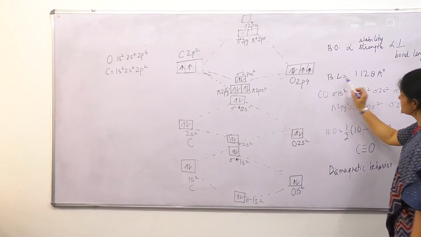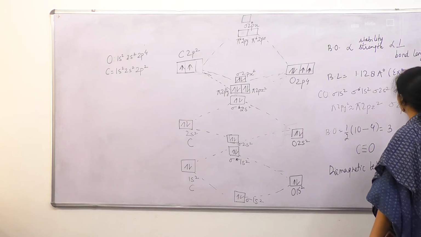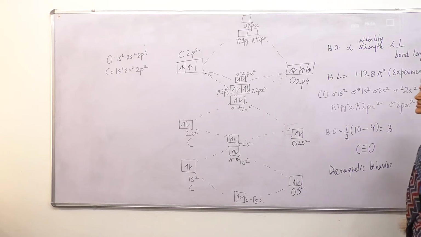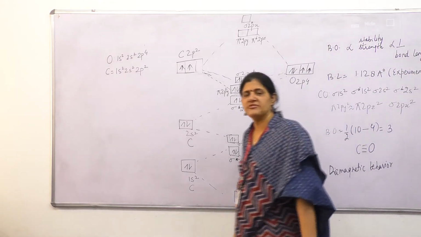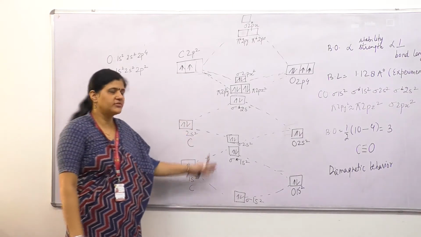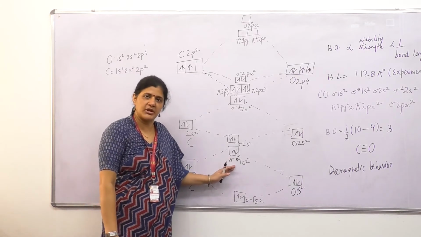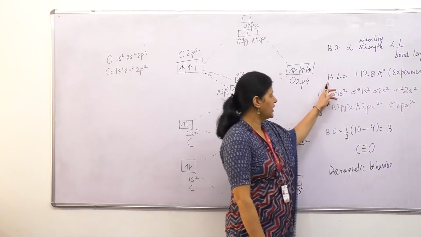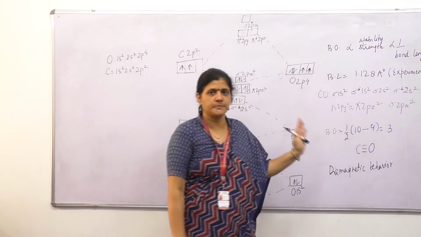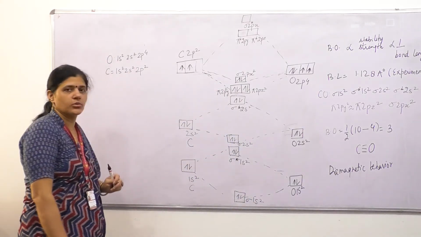So, it is experimentally found that bond length of CO molecule is 1.128 angstrom. This is experimental findings, experimental verification. We cannot determine the bond length on the basis of this diagram. We cannot calculate. We determine bond length experimentally. And experimentally it is found that bond length of CO molecule is 1.128 angstrom. Okay. Now we consider the formation of CO plus molecule.